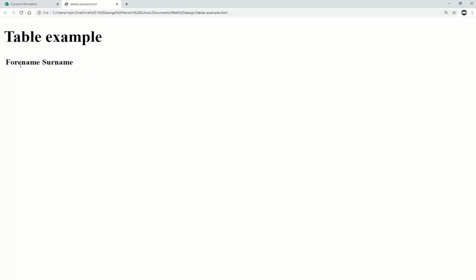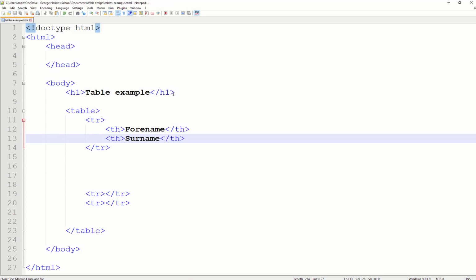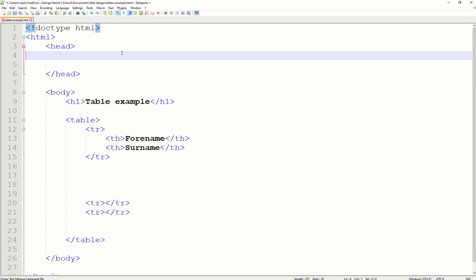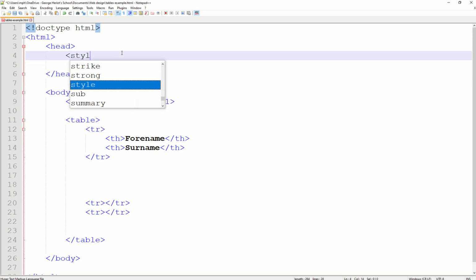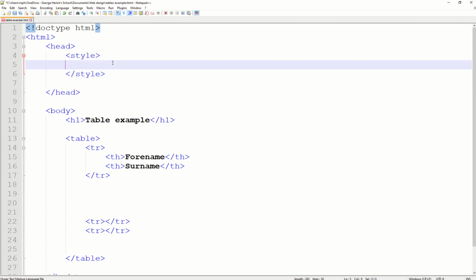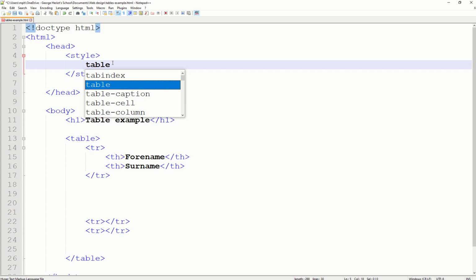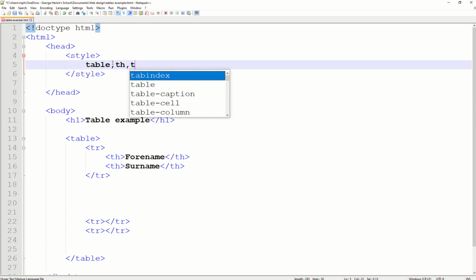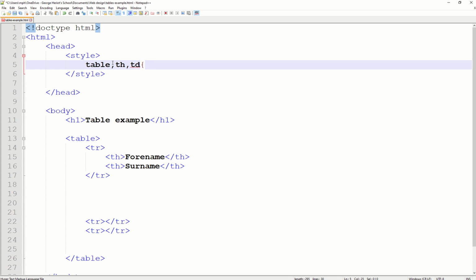Okay, now, by default, the grid lines of the table are invisible. So just so you can see a little bit better what's going on, we'll style that quickly. I say quickly, I seem to be having real trouble typing anything at the moment. I'll use this sort of shorthand here. You can break this up into various things, but I want the table and the TH, and you know what, I haven't even introduced the TD yet, but I want all of these